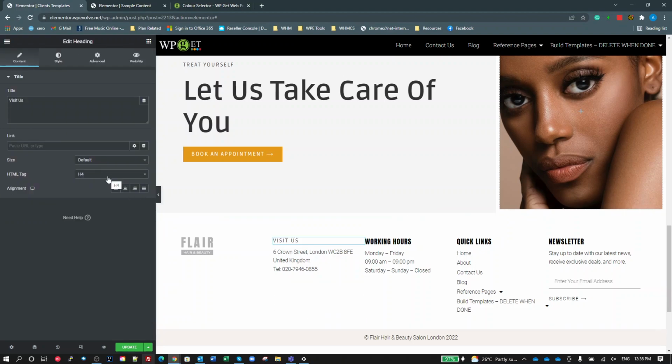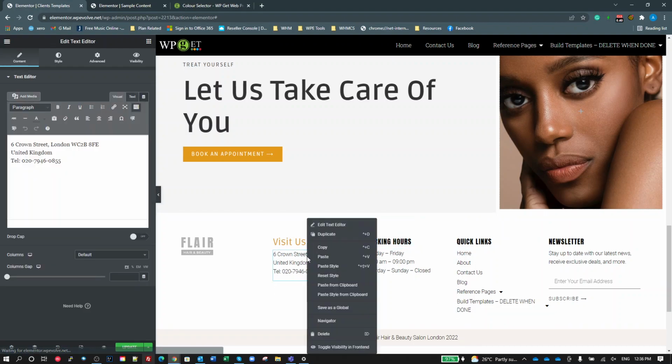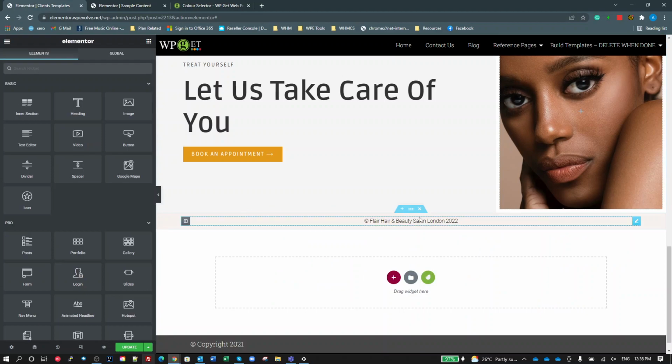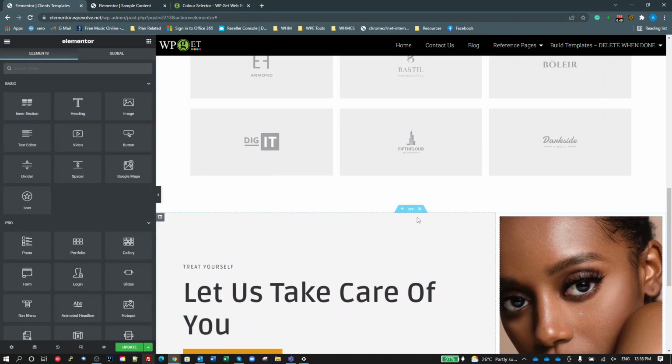Set that to what? It's an H4. Okay, maybe we don't like it as an H4. Make it an H3, and make sure these are all the same. Reset the styles on that. So that's using our standard body font. And there you go. Make this so that it fits in with your design and you don't end up with all these weird styles from different